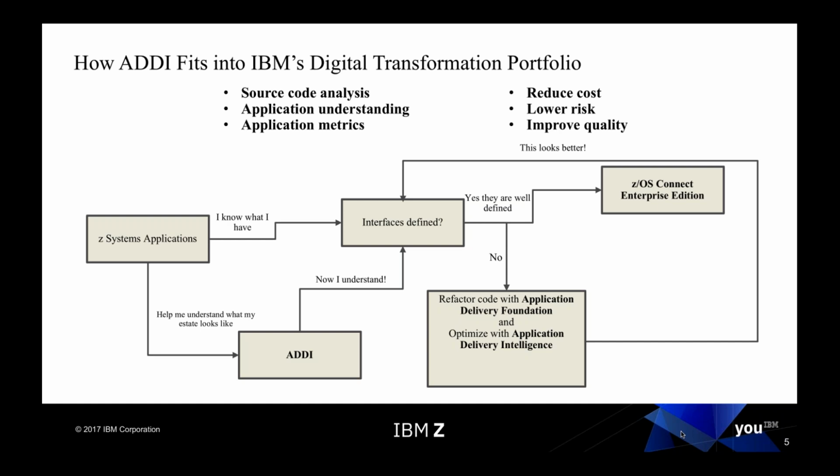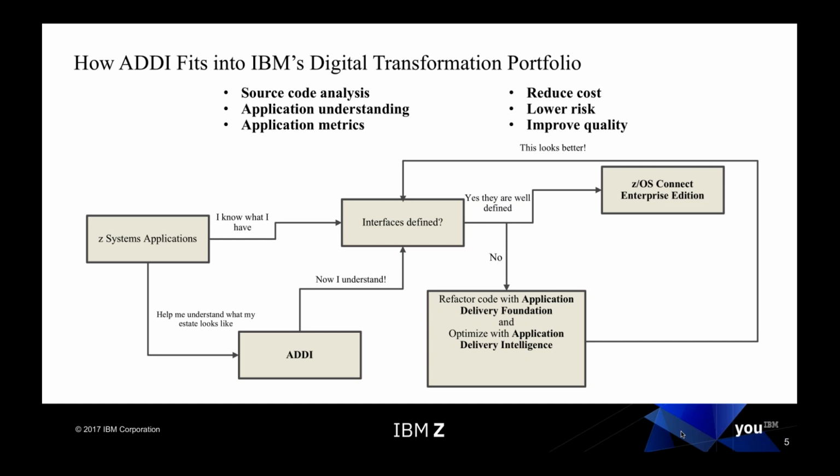If you look into your entire digital transformation journey, you first need to understand your application, and then you need to expose them as APIs. Even when you understand your application, you might need to refactor them, separating out the business logic and your presentation logic. There are ways to do that. But for this particular webinar, we will talk about how application discovery can be used to understand these applications, and how you can easily identify the exact program that can be exposed as an API.